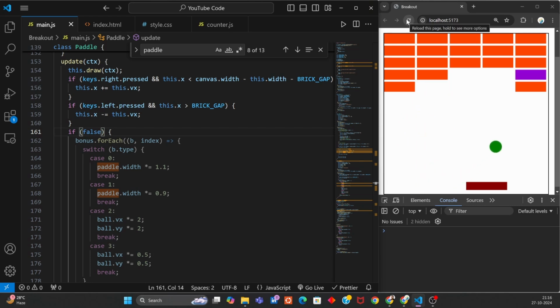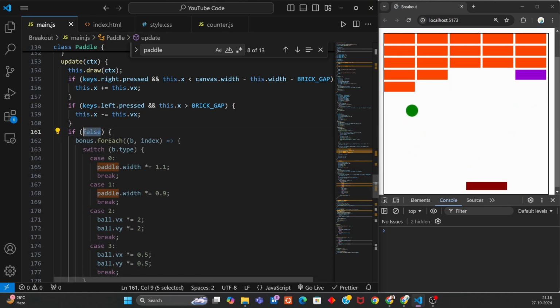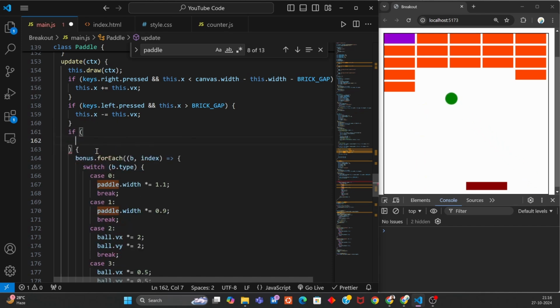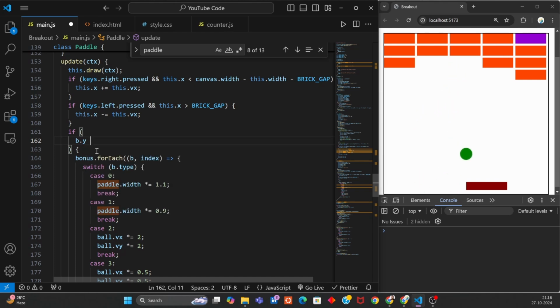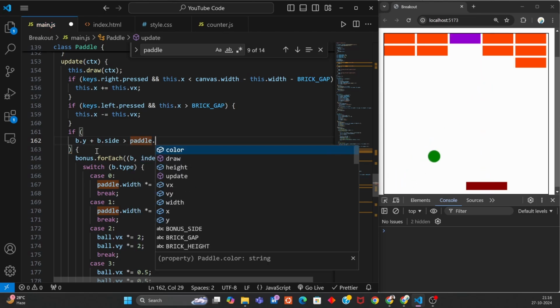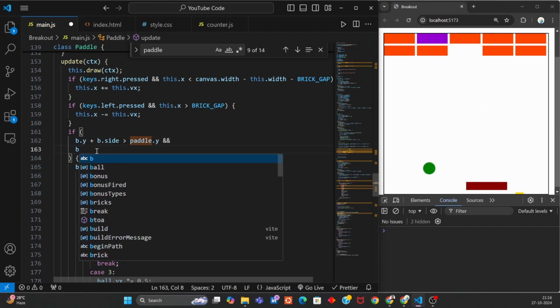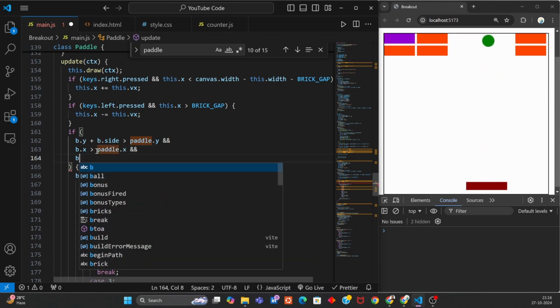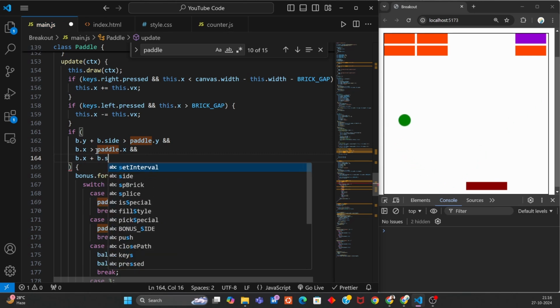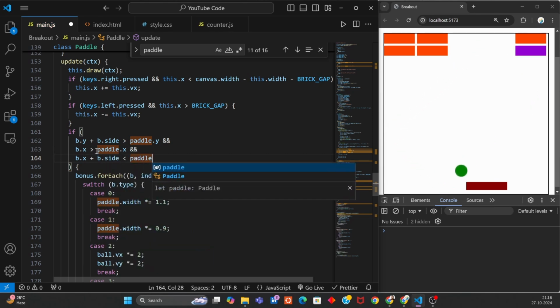So yeah, as you can see, we see the bonuses. Now we need to check whether it is hitting our paddle or not. So how can we check that? Very simple thing. We have to check for y and for x. So b.y plus b.side, because b.y is like the top of the bonus box. When this becomes greater than our paddle.y, then we need to check for the x. So when b.x is greater than our paddle.x, and when b.x plus b.side is less than our paddle.x plus paddle.width,